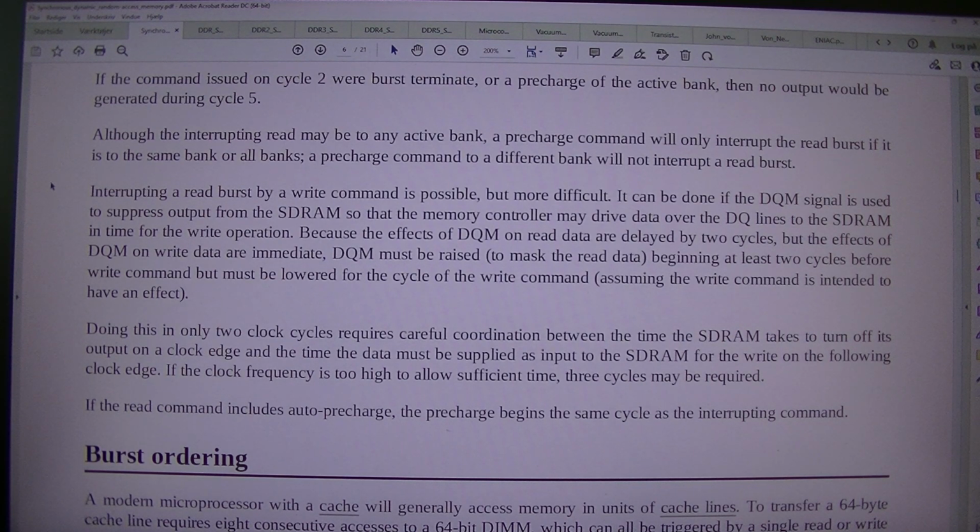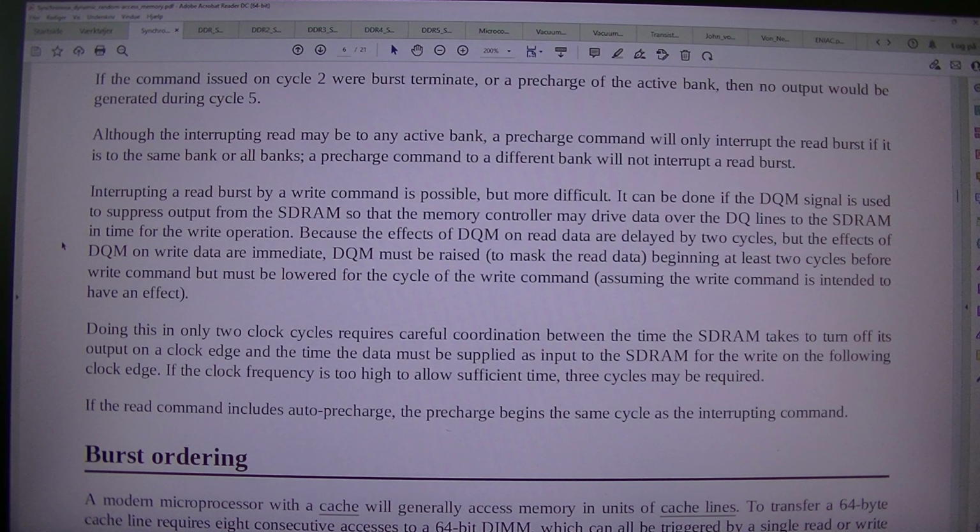Interrupting a read burst by a write command is possible, but more difficult. It can be done if the DQM signal is used to suppress output from the SDRAM so that the memory controller may drive data over the DQ lines to the SDRAM in time for the write operation. Because the effects of DQM on read data are delayed by 2 cycles, but the effects of DQM on write data are immediate, DQM must be raised to mask the read data, beginning at least 2 cycles before the write command,